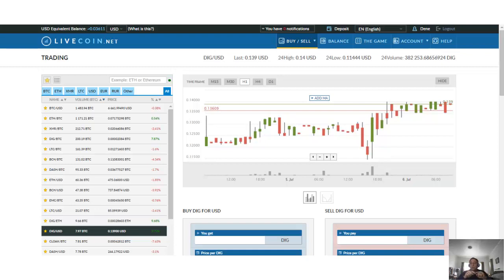I would imagine that it will be listed on livecoin.net. They won't deposit your free coins into livecoin.net. Some of us,